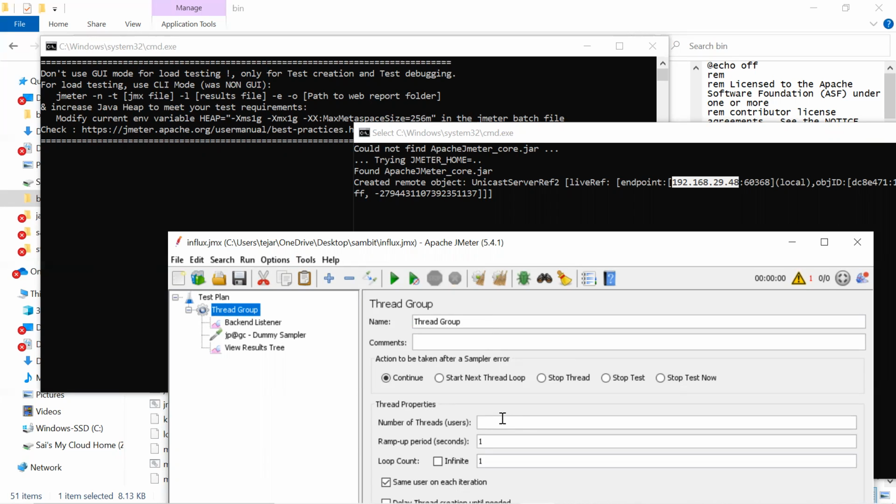If you give multiple thread groups, it will run across the same machines. So whether 2 thread groups or 5 thread groups, all of them will run on all machines, but the users will be duplicated. Suppose 2 thread groups with 10 each, then if I'm adding 1 slave, it will be 20, then 30.